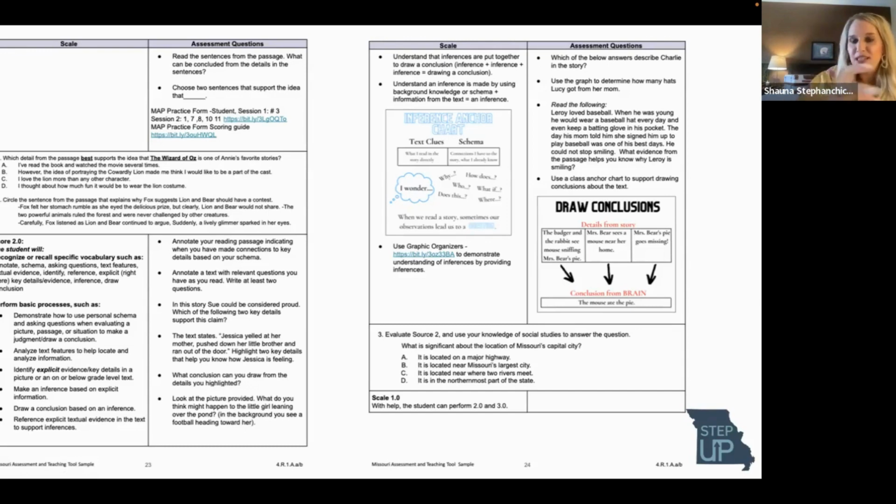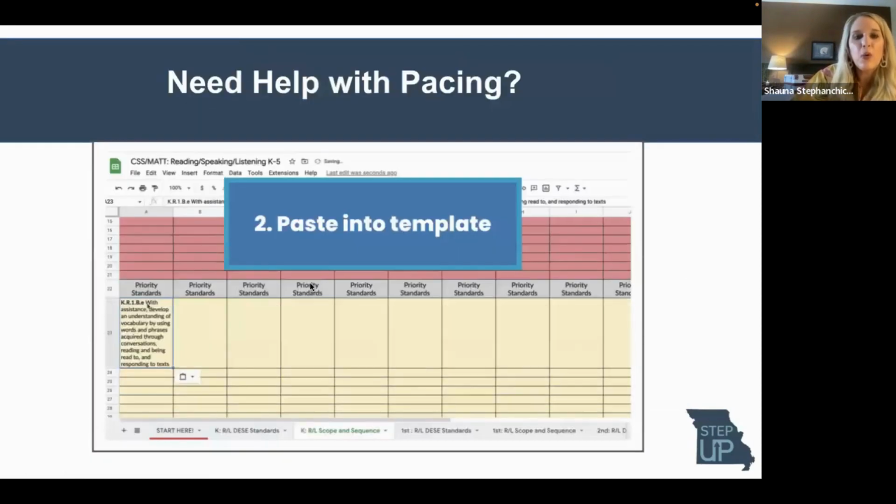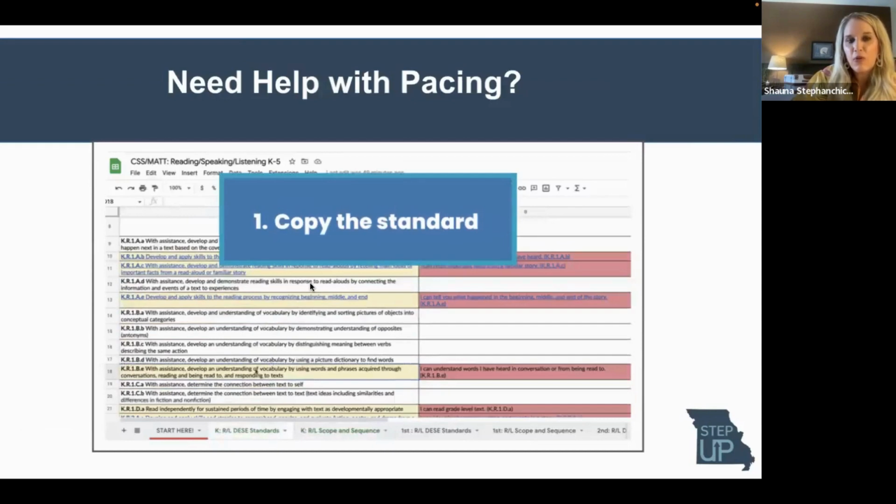We basically have just condensed it and beefed it up. When you get to math for K through 2, there's not really any item specifications. So in our book, we've written those because we think teachers really need to see how it vertically builds. And then one other, when you're pacing, if that's something you're overwhelmed with, something we also offer is we do